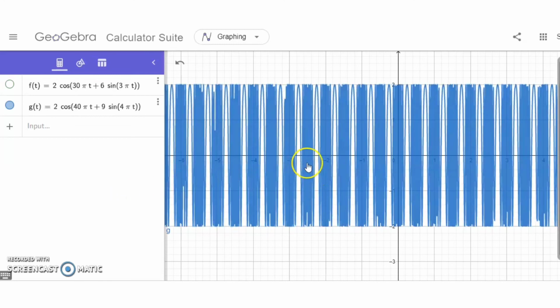Okay, we move on to the conclusion. Increasing the modulating frequency increases the frequency separation between sidebands. Increasing the modulation frequency for a given level of deviation reduces the modulation index. As a result, it reduces the number of sidebands with significant amplitude, and as a result, reduces the bandwidth.